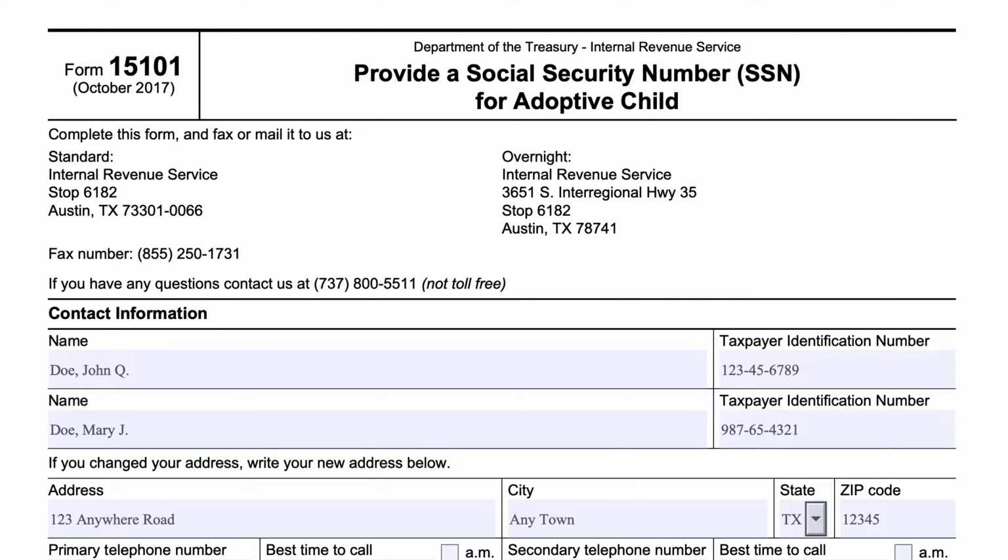We'll be going over IRS Form 15101, Provide a Social Security Number, or SSN, for adoptive child. Many adoptive parents may have applied for an adoptive taxpayer ID number for their child by filing IRS Form W-7A. This is also known as an ATIN, which may be used by adoptive parents to claim certain tax credits when their child is still in the middle of the adoption process and the adoption process has not yet been